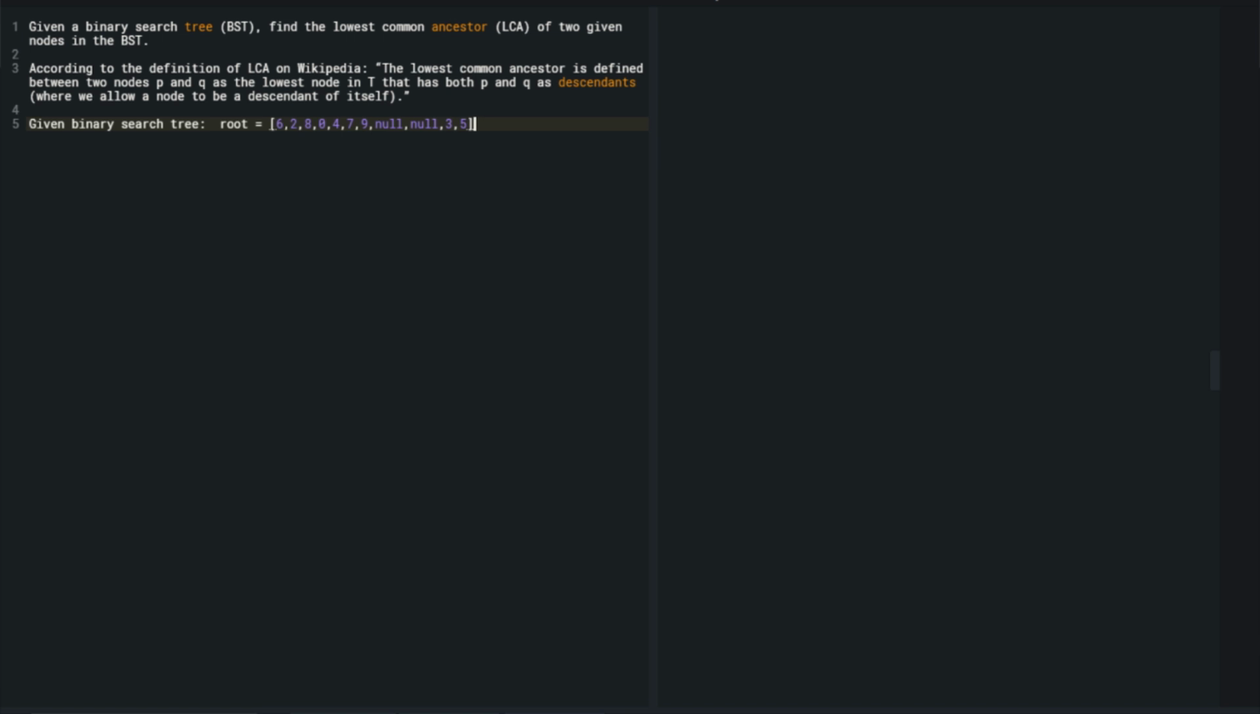Given a binary search tree, find the lowest common ancestor. According to the definition, the lowest common ancestor is defined between two nodes as the lowest node in T that has both as descendants, where we allow a node to be a descendant of itself. Okay, so the lowest node, and it's a binary search tree. So that means that